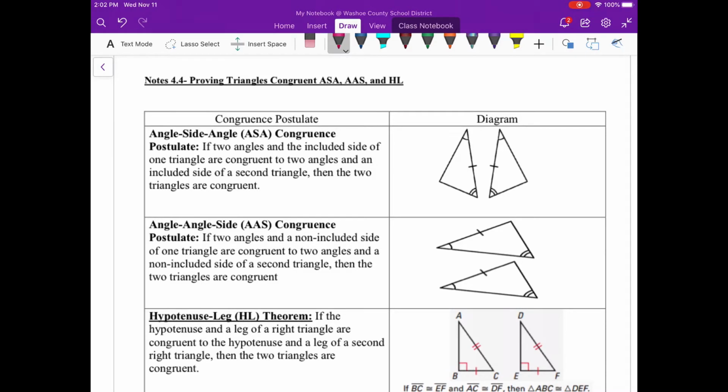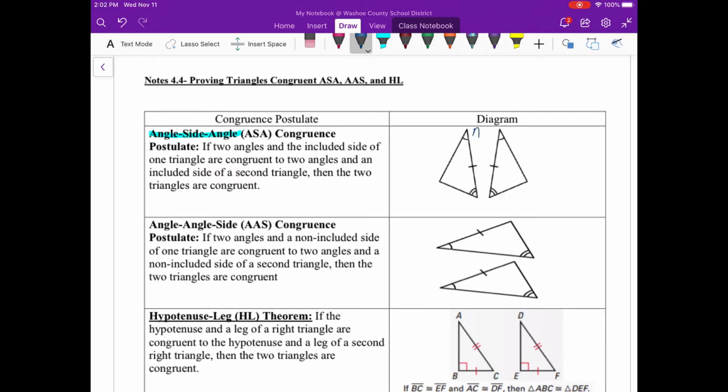Right, in this video we're going to talk about more congruence theorems: angle side angle, angle angle side, and hypotenuse leg. The first one we have here is angle side angle, and we want to remember that we need to go based off of what we know in the triangle, what is given to us. So in this case it says that if two angles and the included side of one triangle are congruent to the same thing in another triangle, then we can assume these triangles are congruent by the angle side angle congruence